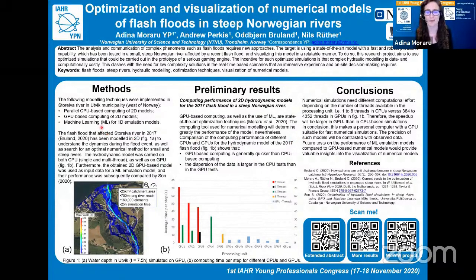We wanted to also compare these GPU results, which were obviously faster than the CPU ones, with a machine learning model, but we don't know yet how reliable the test was. Although this still has to be processed and analyzed, I remember that the machine learning model was faster, although the learning in the training process was very slow.